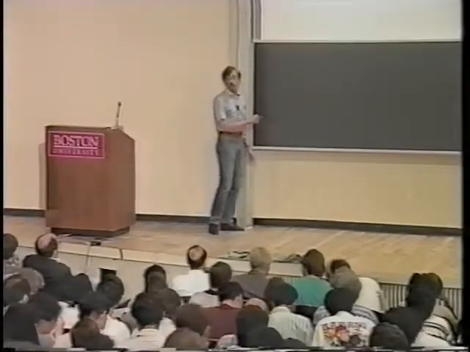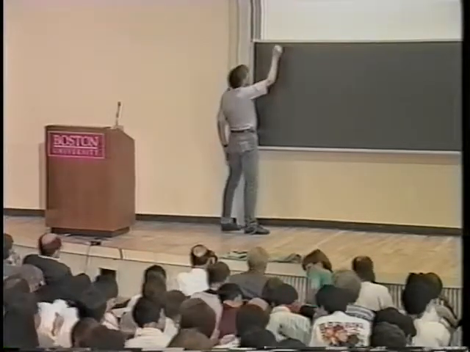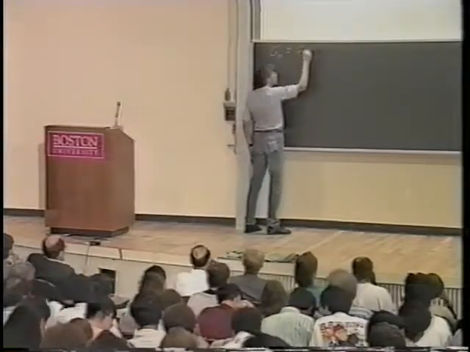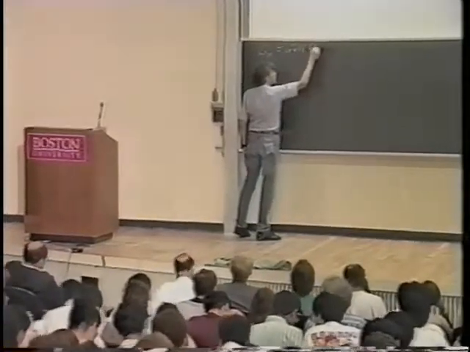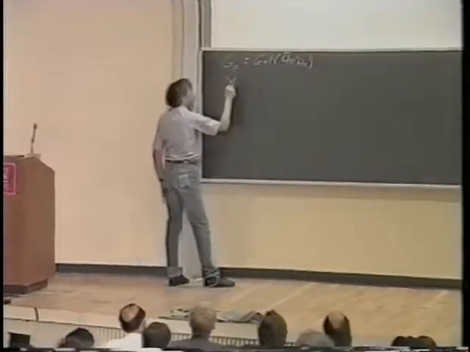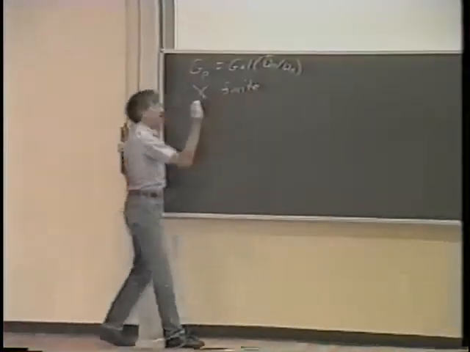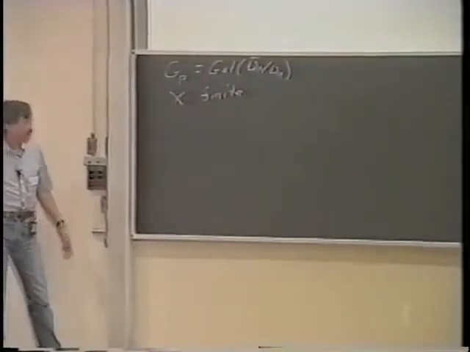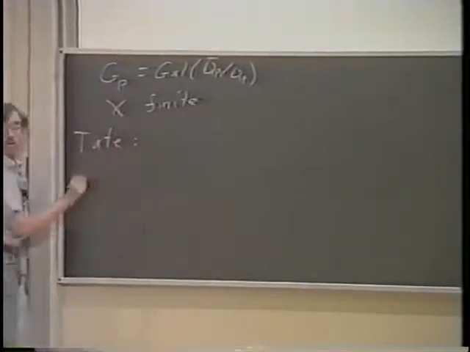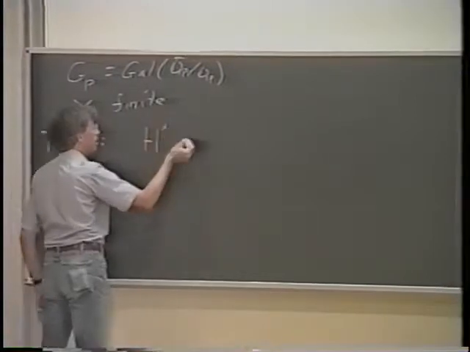Okay, so first I want to review just briefly what I ended up with. So P is a prime. G_P is the Galois group of Q_P bar over Q_P. X is a finite abelian group on which G_P acts. And then Tate's local duality theorem says you have a non-degenerate pairing,